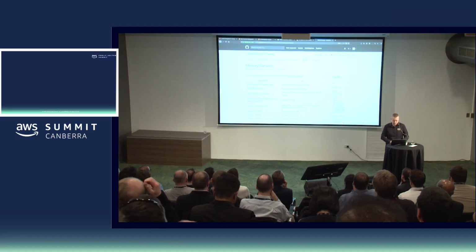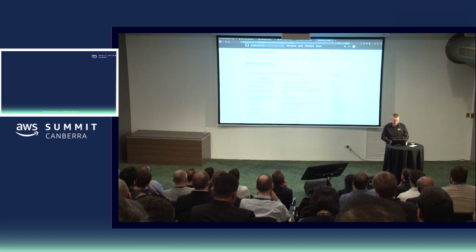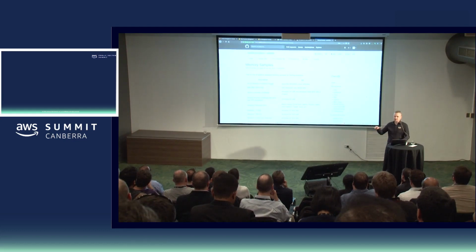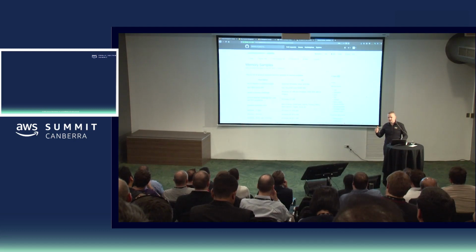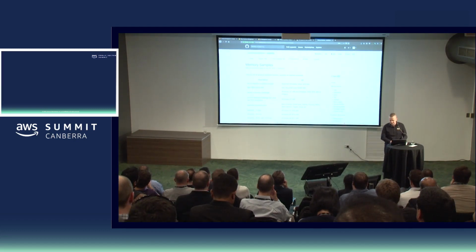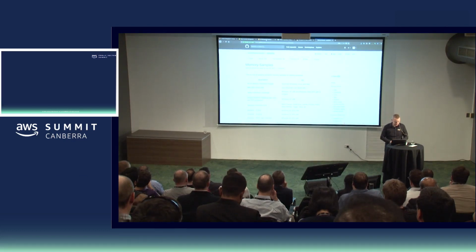And memory samples, if you want to have a play around with Volatility, they are there. And on the previous link that I showed, the open source AWS IR tool on GitHub had the version of Volatility that works and a tool for automatically grabbing the snapshots.